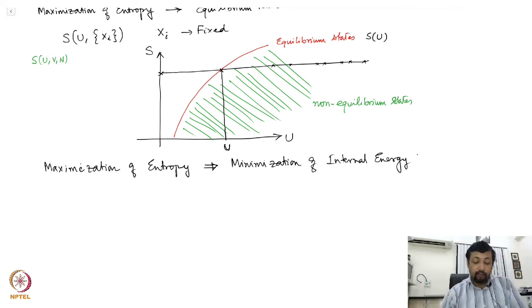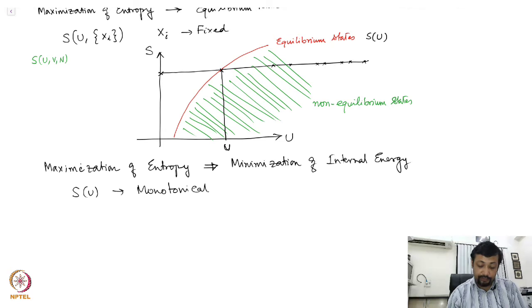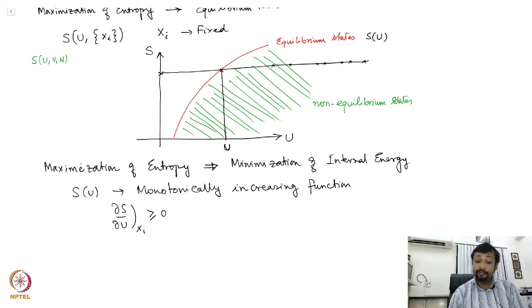Of course, the point here is that I have cheated a little bit. You will see why. Now, this is only possible, you see, when S is a monotonically increasing function of U. So when S of U is a monotonically increasing function. And this is where I have cheated, because I have drawn a monotonically increasing function, right? Clearly, if you had this like this or in some other way, then this would not have been possible. And the property of the monotonically increasing function would mean that del S del U must be greater than 0. See, X_i's are held fixed, I have also held fixed. But this essentially means that the temperature must be positive. So positivity of the temperature